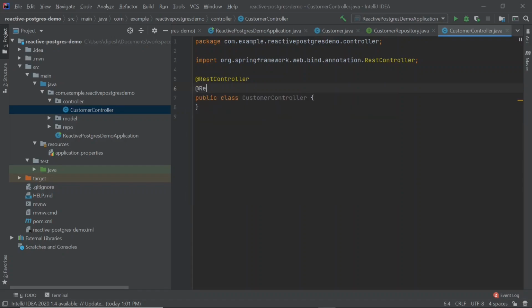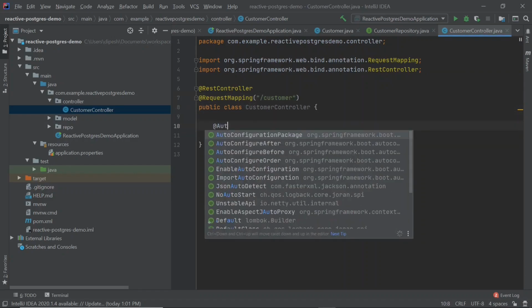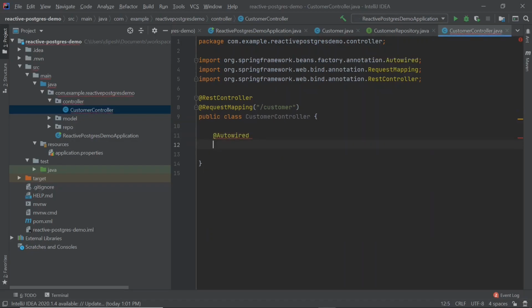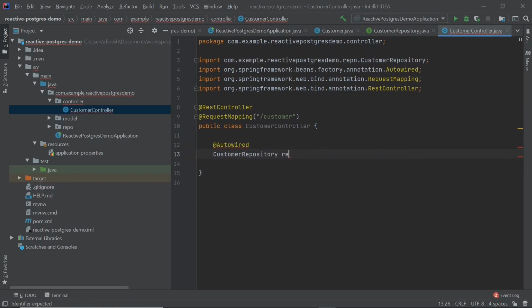Then we are going to use @RequestMapping to map it to a path called /customer. Now inside this class we are going to use the repository that we created to access our table in the database. So I'm going to inject CustomerRepository here.